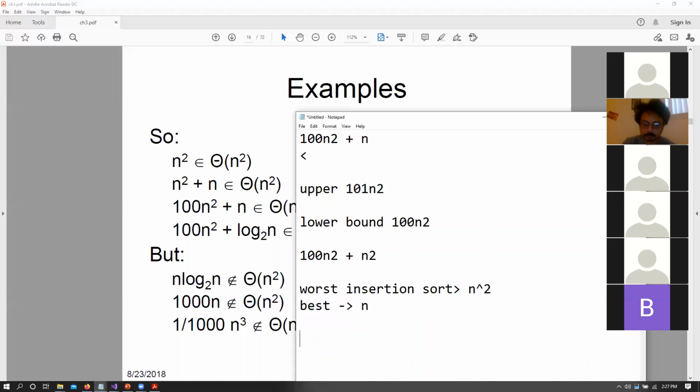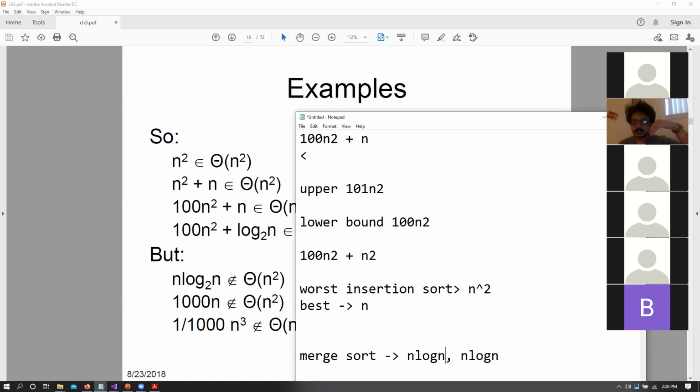On the other hand, merge sort does have a theta bound, because the worst case of merge sort is n log n, and the best case of merge sort is also n log n. What is the best case of merge sort? When everything is already sorted, let's say. But even in that scenario, it is going to divide your array into smaller and smaller components. So it always takes n log n, and then we can say that merge sort is theta of n log n. But insertion sort checks for the unsorted number and then puts it back into the correct position,